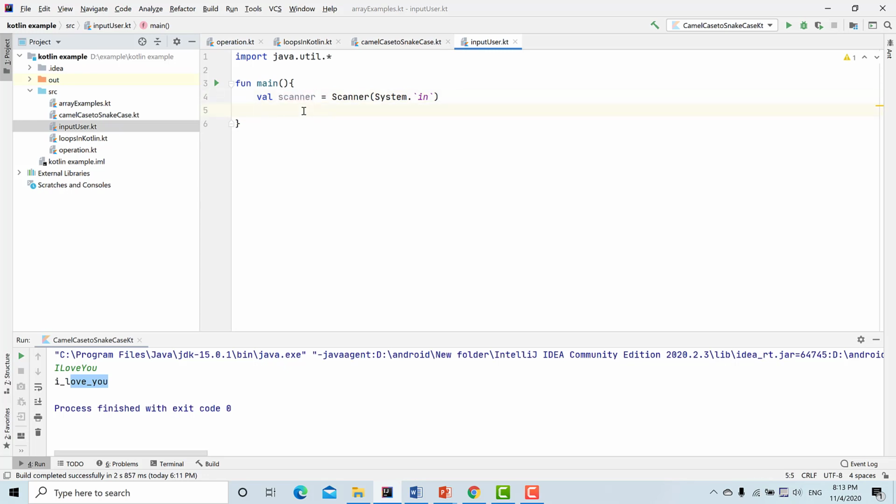Now we can get input from the user. I want to get an integer value from the user and store it into number. First we use the scanner, then nextInt, which will get an integer value from the user. Now we can print that number. println your entered number is $num. Now if we run this program,